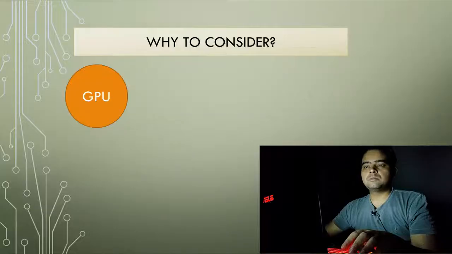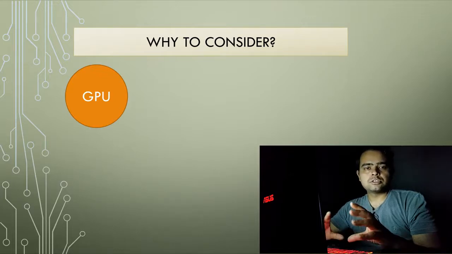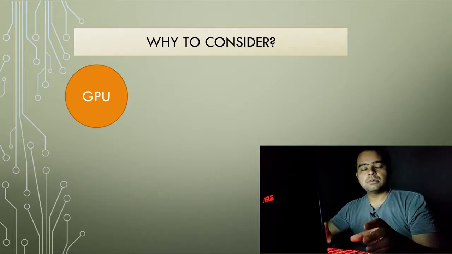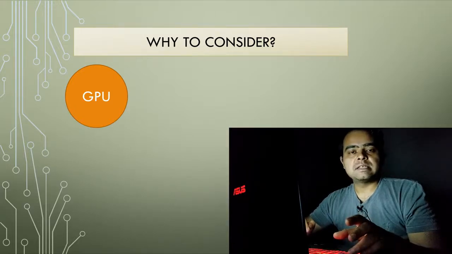So moving on, let's come to GPU. What is GPU? GPU is a graphical processing unit. That is what it stands for. And to explain it briefly, this is another processing unit. Like CPU, this is also a processor. As the CPU, you can say, these days has 2 cores or 4 cores.